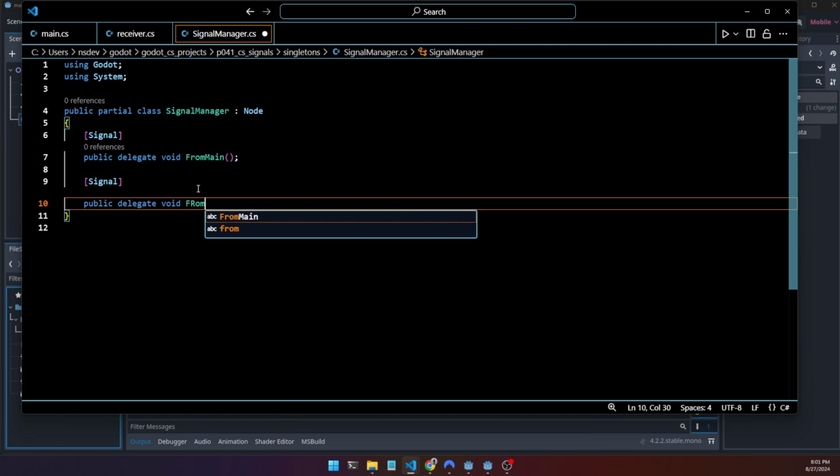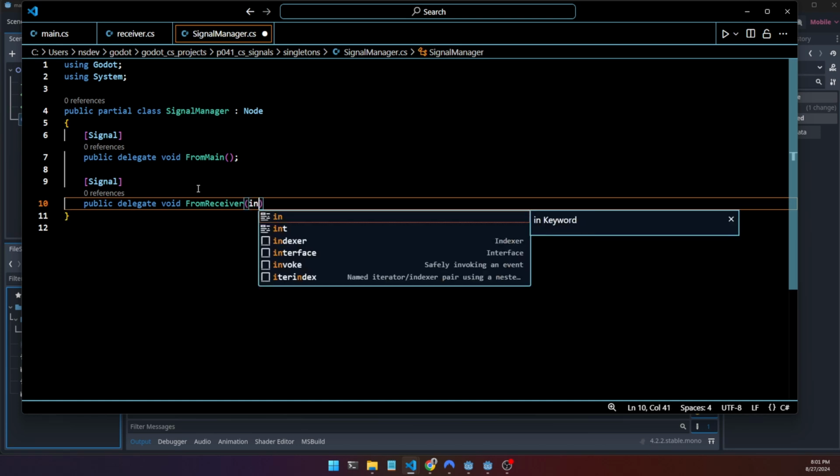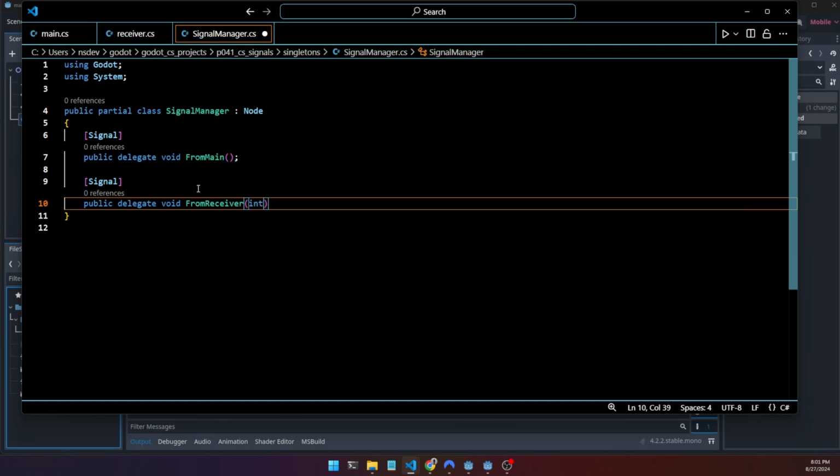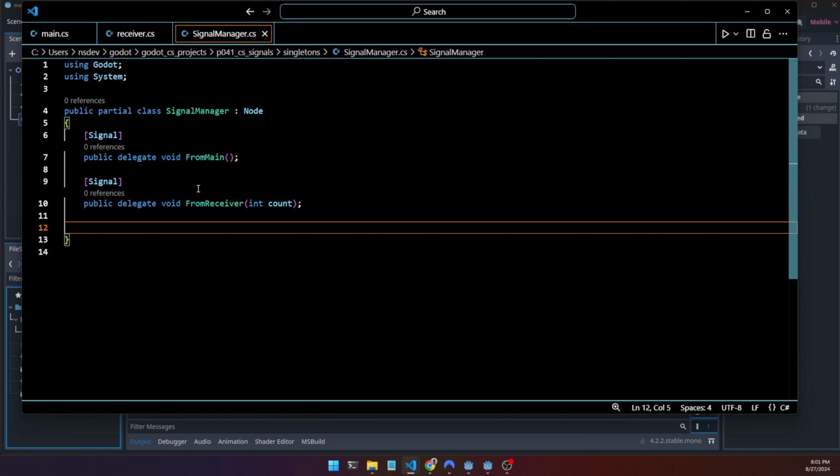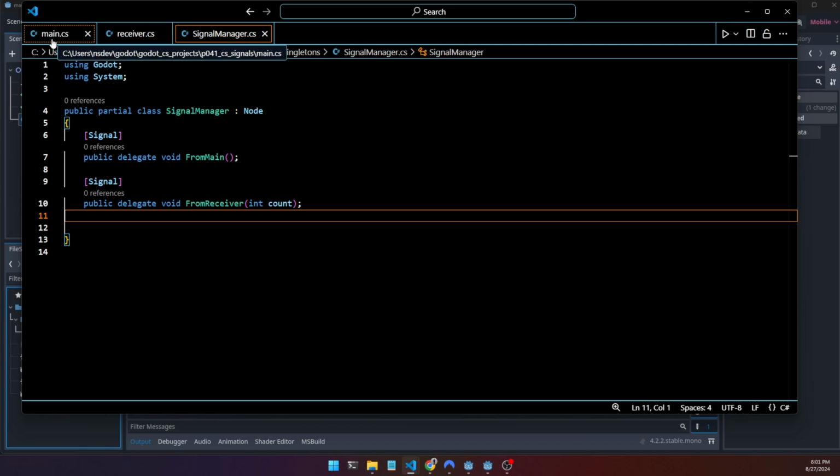And from receiver. This is going to have an int, so let's call that int count. Oh, sorry, int count. Okay. And what else? I don't think I need to have an initializer or anything of that sort in the signal manager. Now when we go to main,